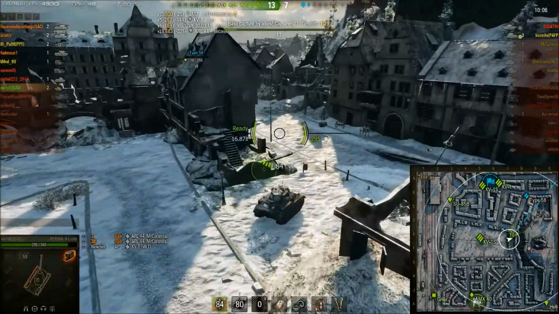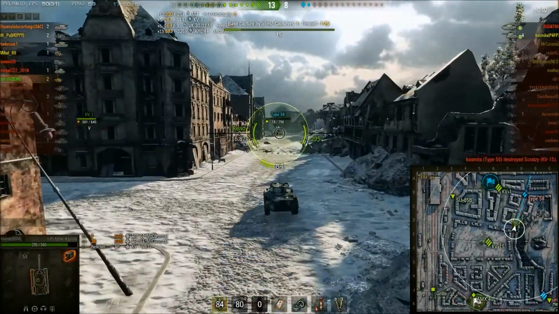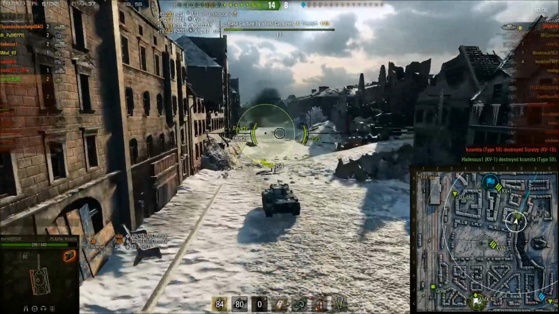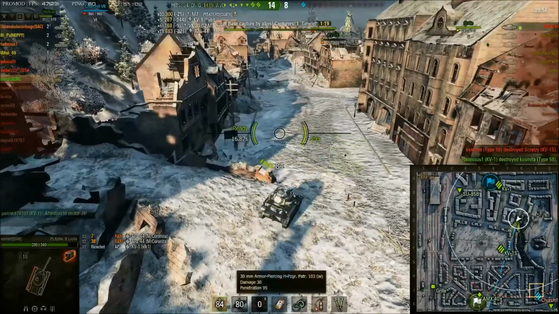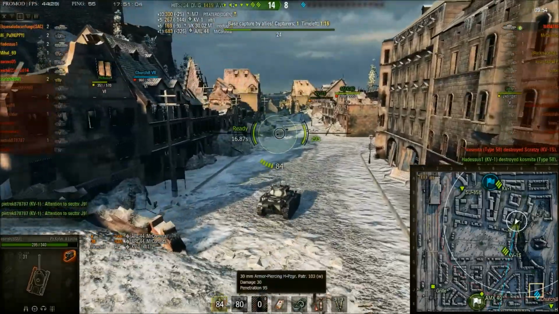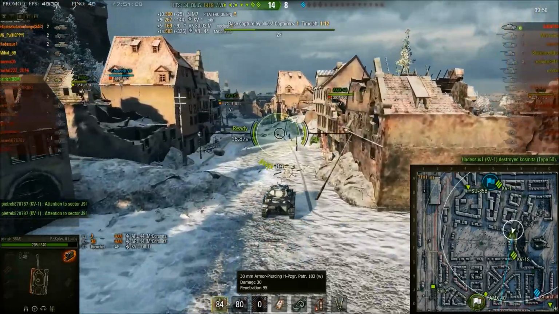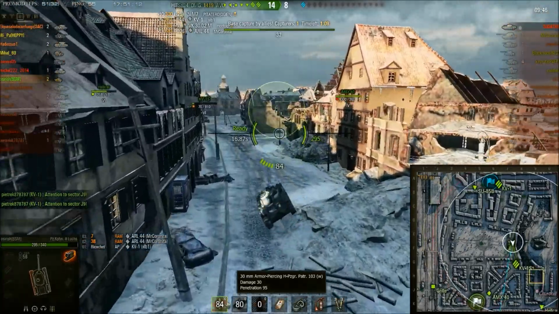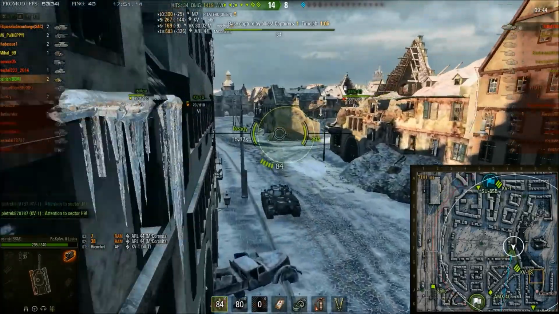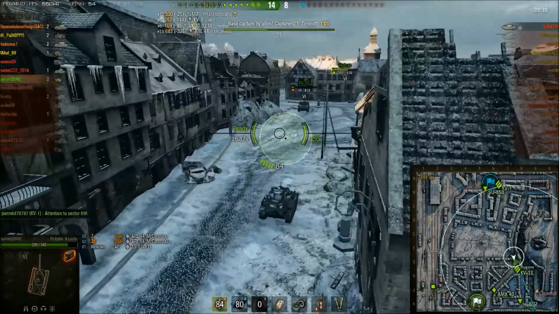And I'm moving in on this Type 58. Decide not to shoot on the move, and someone else takes him out. But I do like the gun on the Luchs. Not only is it an autoloader, but it's got 95 millimeters of penetration. 30 alpha damage per hit. But 95 millimeters of penetration means I should easily be able to go through the weak parts